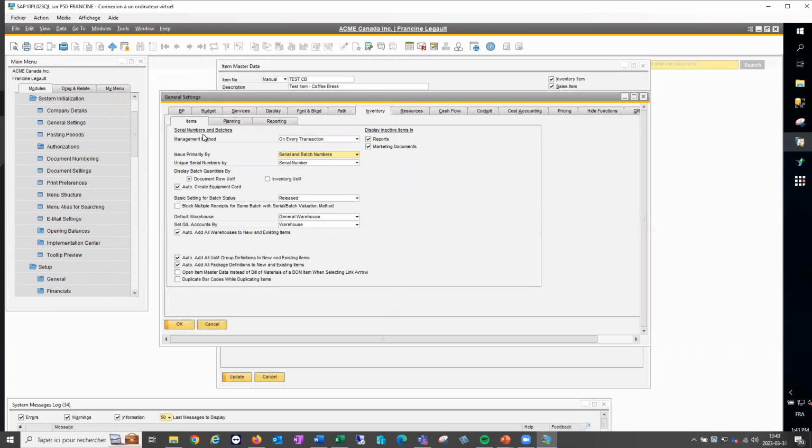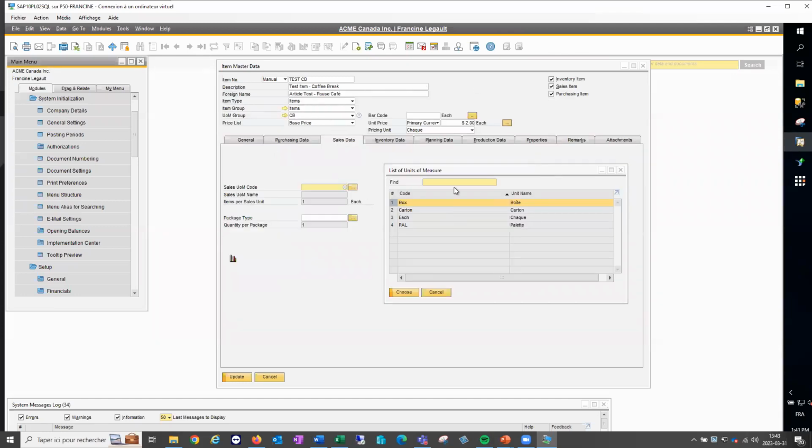So inventory, items, see here the box, auto add all UOM group definitions to new and existing items. Because of that, I can see the groups here and I can see the units of measure here when I click on the little round button.